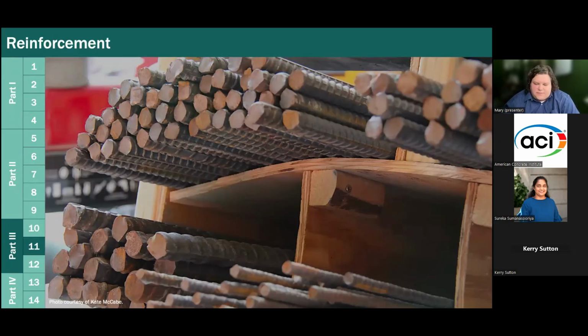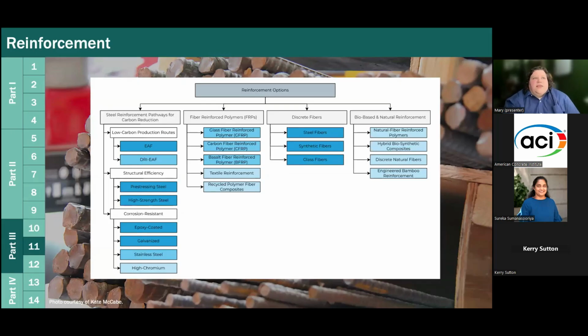Similarly, for the reinforcement chapter, the standard that we took was a classic blast furnace steel rebar, okay? And then we go through and say there are other low carbon production routes to make steel, right? There's electric arc furnace production where you're using scrap steel, etc. So we go through those. Again, that's maybe more of a buying power if you're aware of how things are produced. And then you can look at an EPD, you can get an idea of what that embodied carbon is. We talk about structural efficiency,